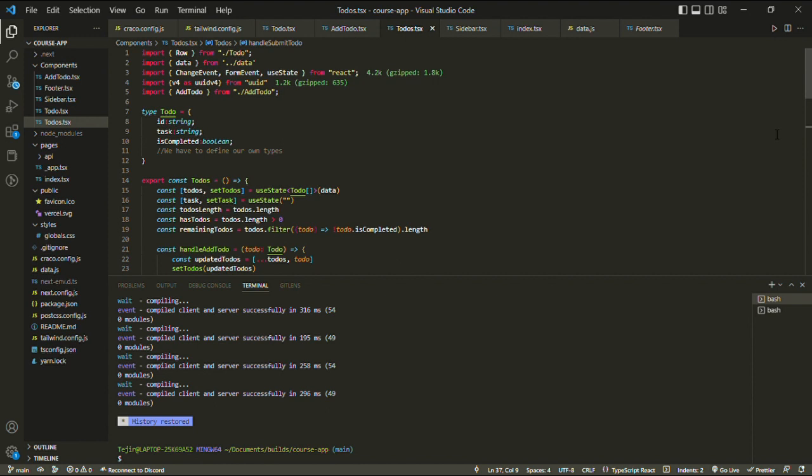So, here I have a type Todo, which has an ID string because I want the ID to have a certain value to it so we can identify our task. We have a certain task called string, so like do the laundry, do your homework. That's what this is going to be, our task. And isCompleted. This value is going to evaluate either to true or false. So we want it as a Boolean. So if it's true, then we know the task is completed, and if it's false, we know we haven't completed